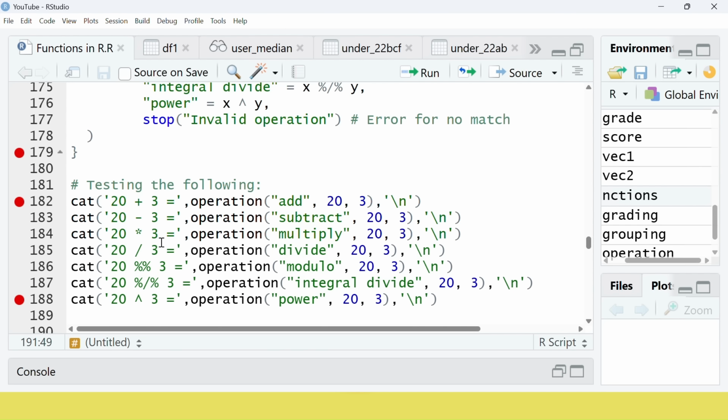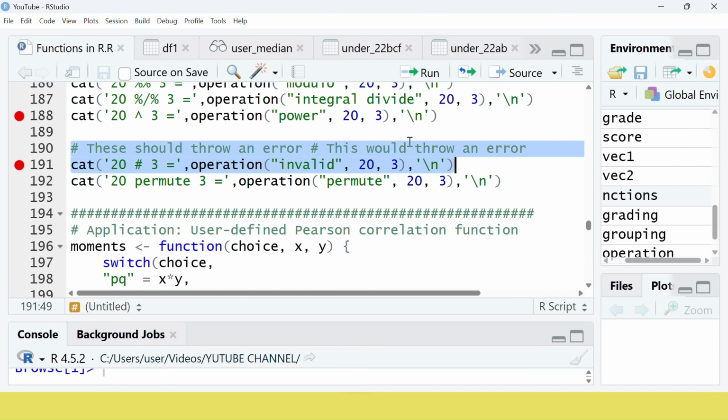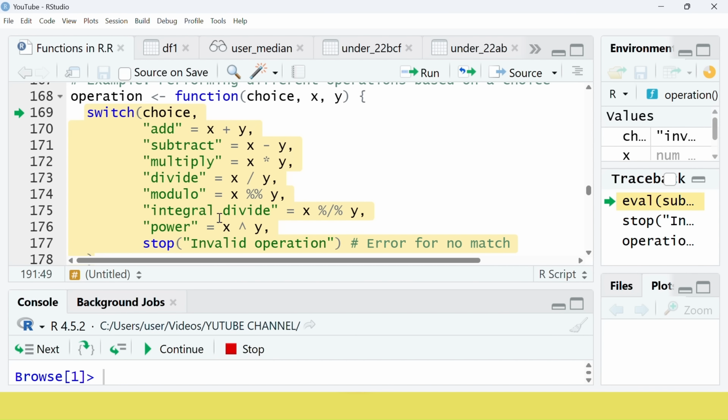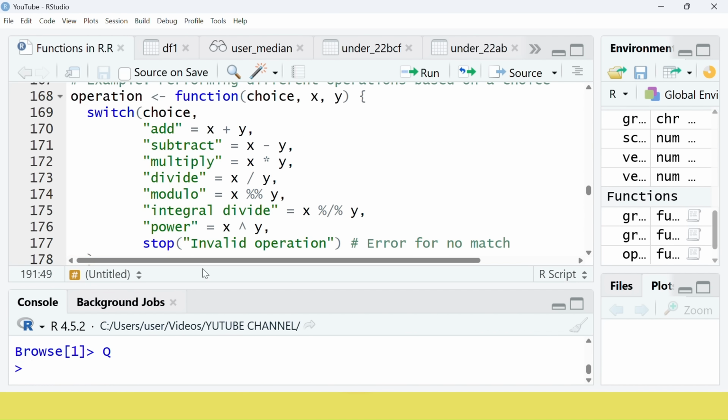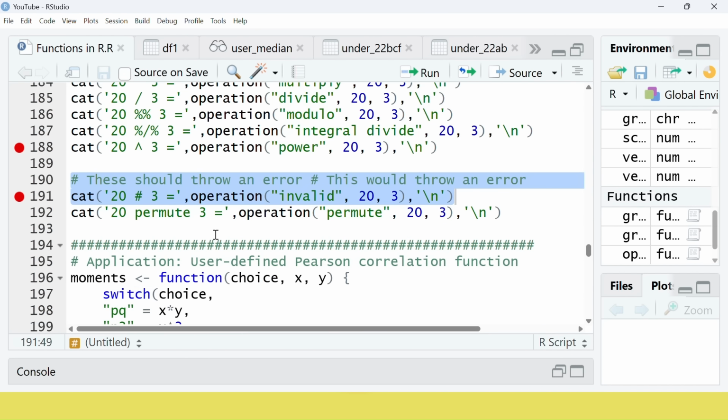So you put stop for error handling. Okay, so you put stop because it will show here that there's an error. So you stop. Okay. Similarly, this one,